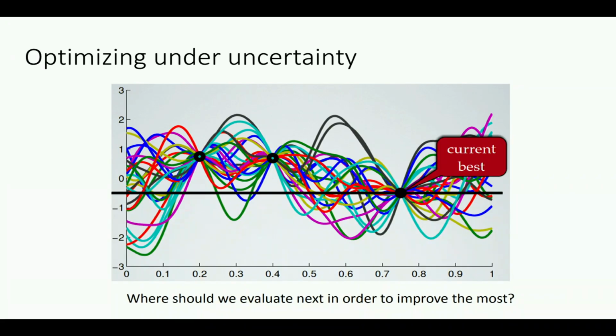Actually, in the slightly orthogonal domain called active learning, where the goal is to learn the function as quickly as possible and collect points that enable us to learn this function as quickly as possible, they have a strategy to just spread out their bets, like evenly cover the space or cover the space they're most uncertain about. And they believe that collecting information about those points will give us a lot of information about this function. But we are in a slightly different regime where we want to be slightly greedy